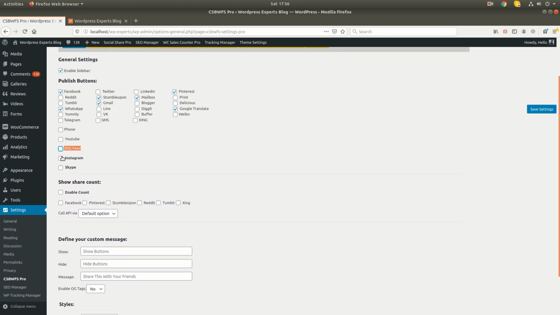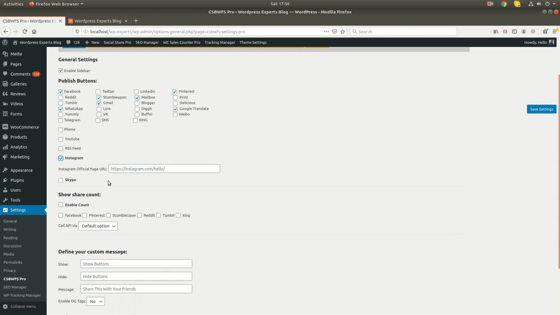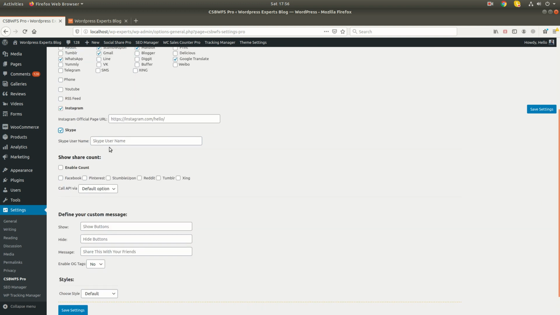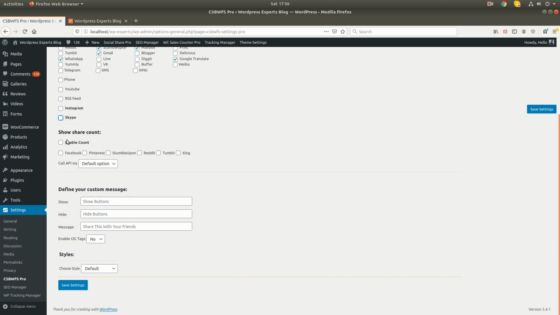Okay, and same way Instagram, we have given the Instagram as well. Instagram does not allow sharing your website content directly on their platform, so that's why you will need to add their official page here. Okay, Skype, we have given the Skype button in the add-on as well, so you can enter your Skype ID from here. Okay, and